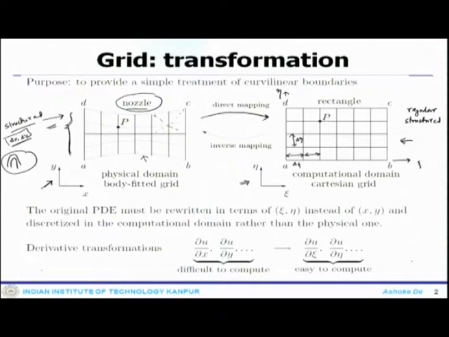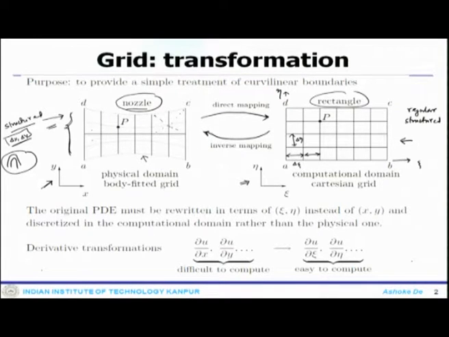That means now you have, if you look at this particular mapped system, a nice rectangular cell, uniformly spaced by delta xi and delta eta, and the whole system of equations is solved. And when you solve this equation, then finally you can always do the inverse mapping and get back